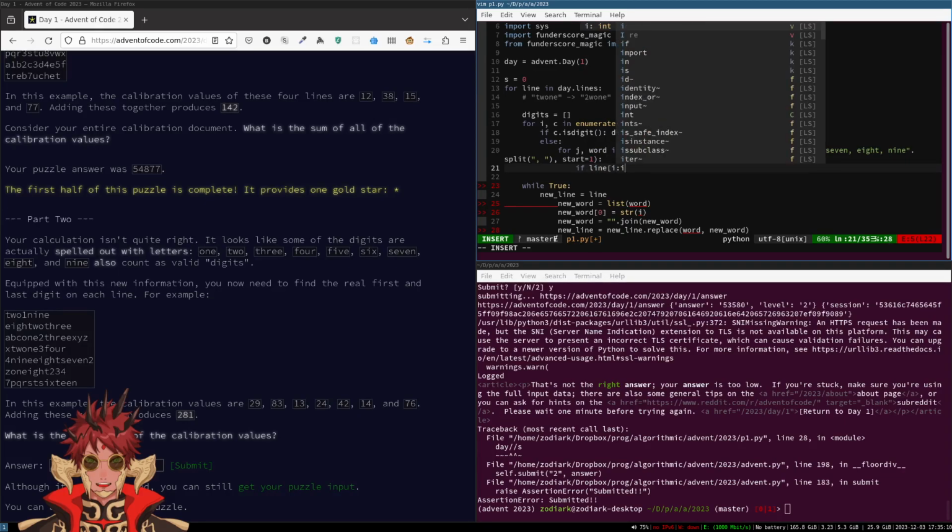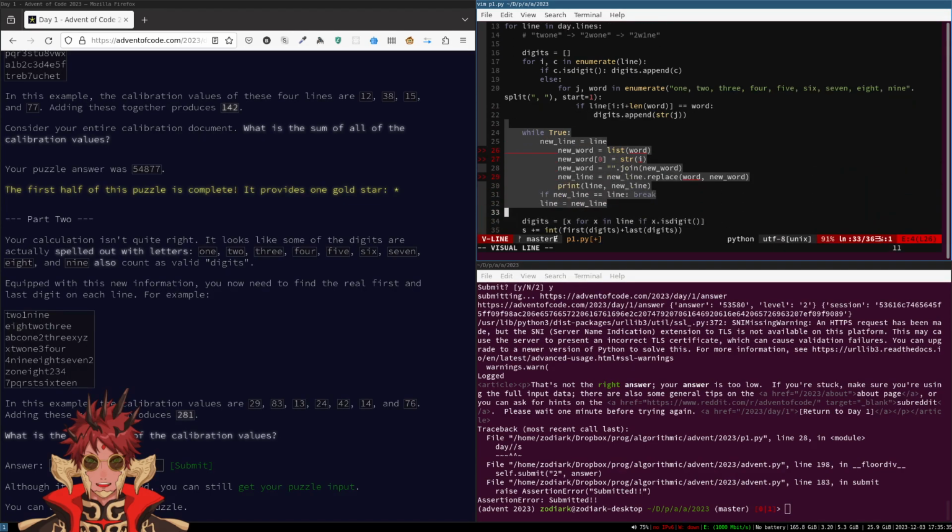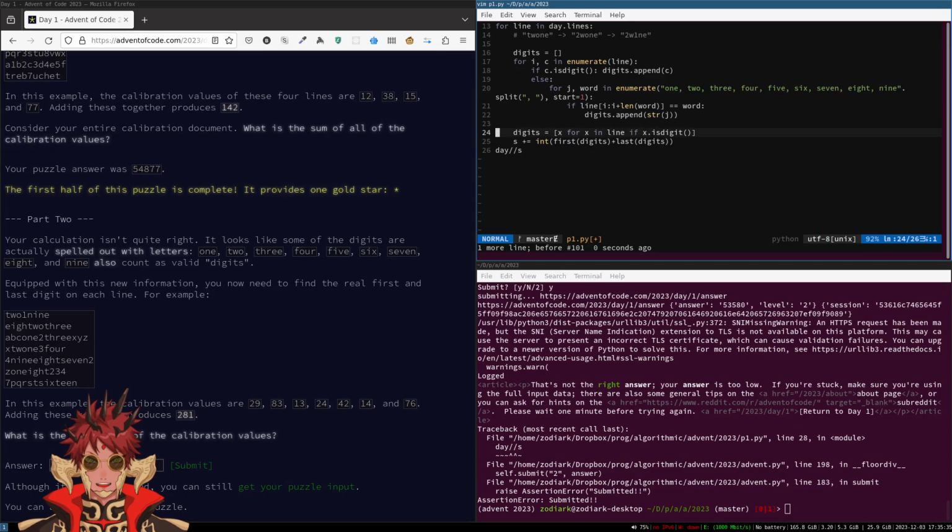we find this word at location I, and it's fine if the slice goes out of bounds because it will just slice down to a long enough thing. But this compare will work if and only if this word appears at the location I in line. In that case, we just stop and we'll keep it as a string. We'll say we found the digit. I think this is fine. And then that's actually just what we want.